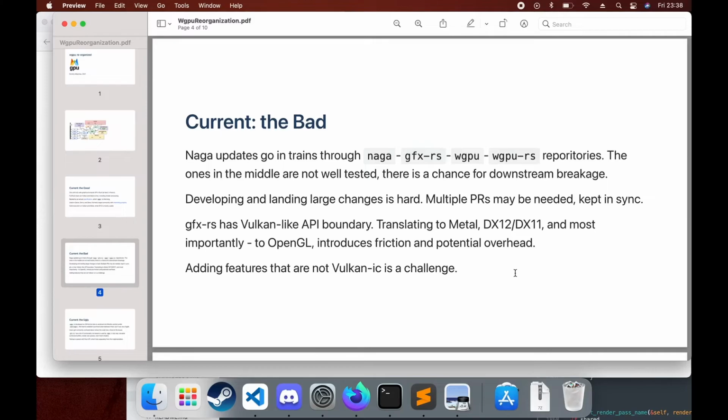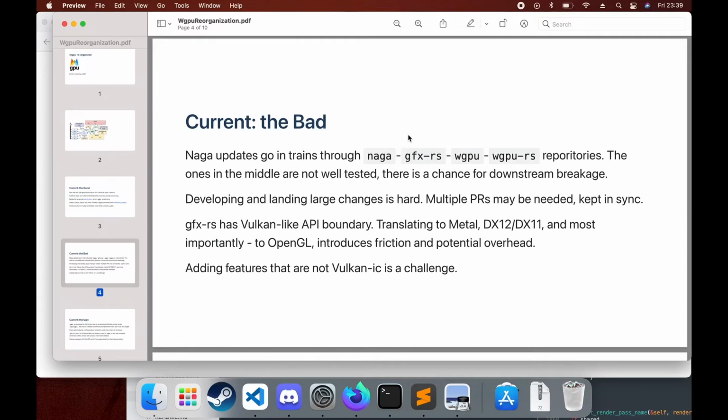Now, the bad thing is how the developers feel about it, because every patch to the shader infrastructure has to go through 4 different repositories on GitHub. It goes in trains. And the worst part in it, the middle nodes of this train, the GFX and wgpu, are not very well tested on their own.